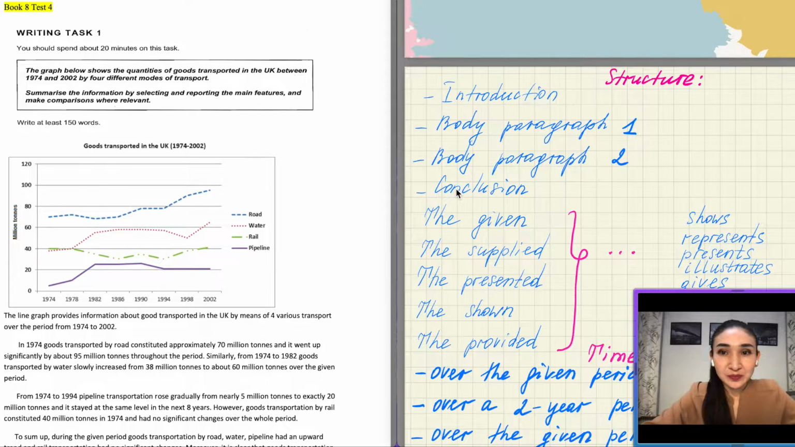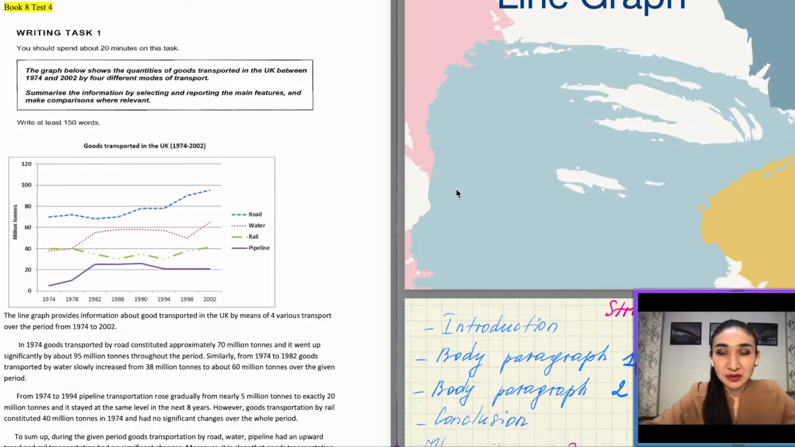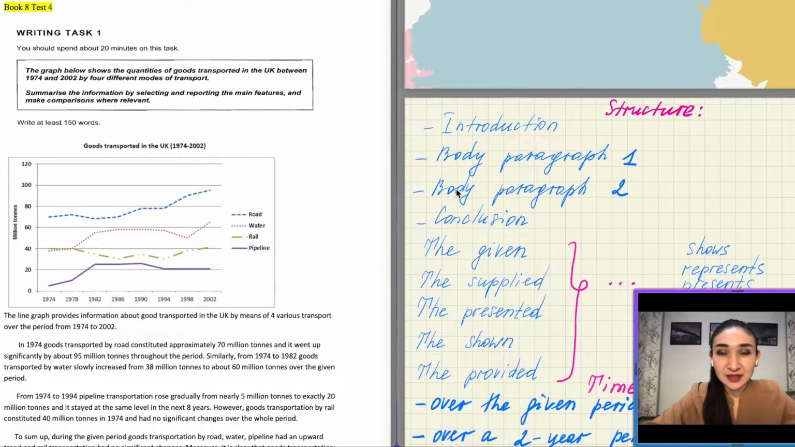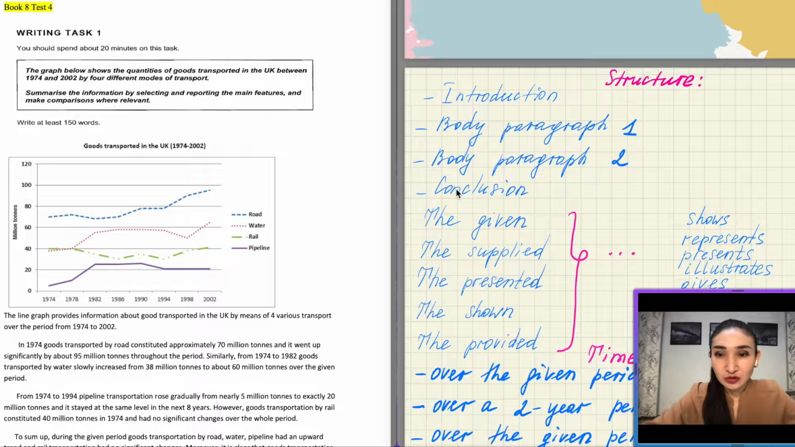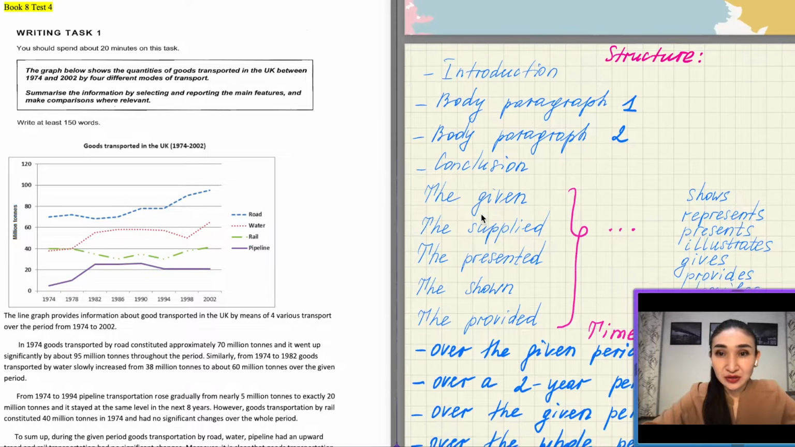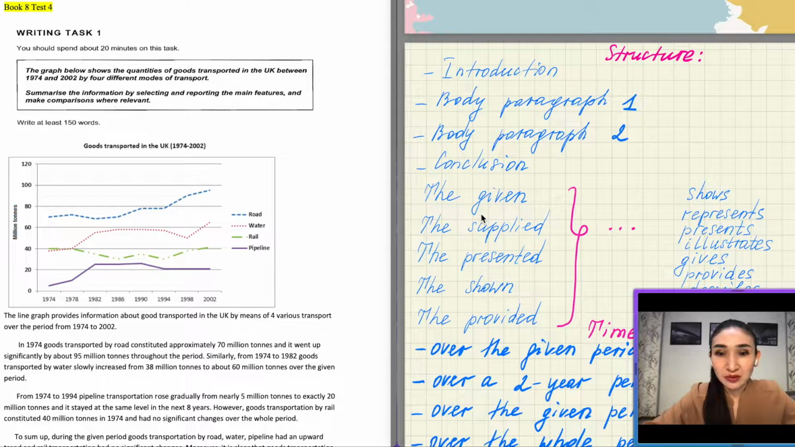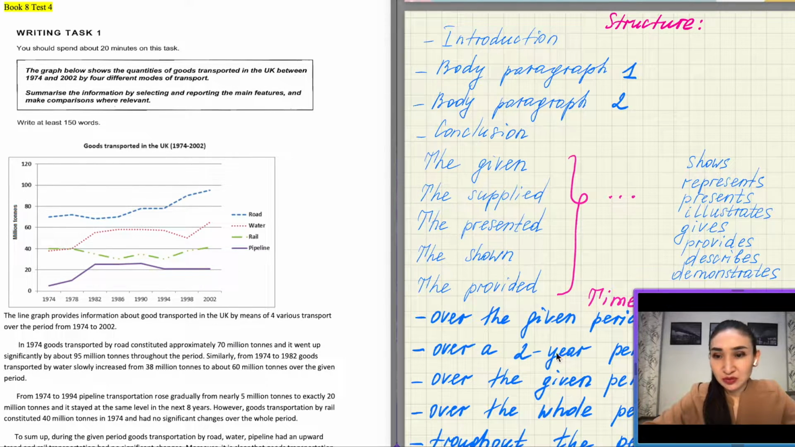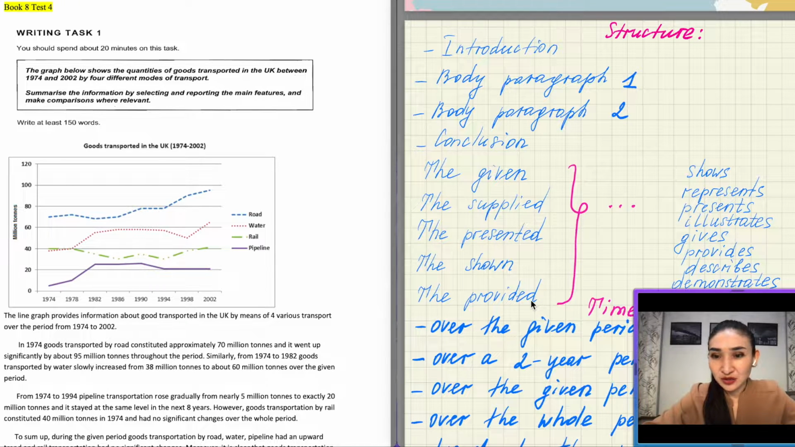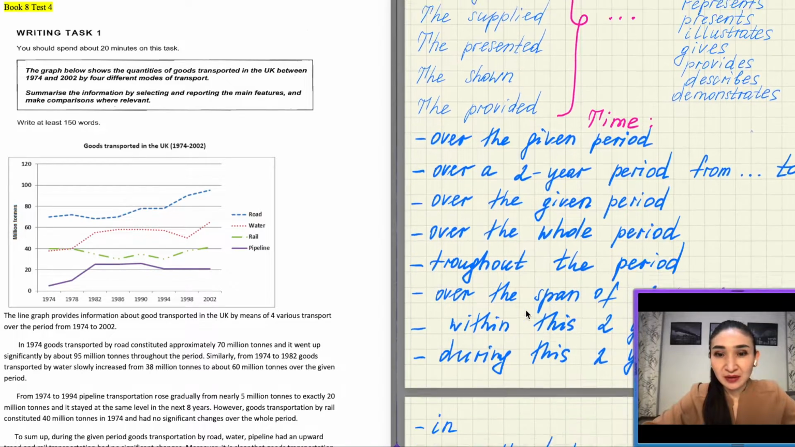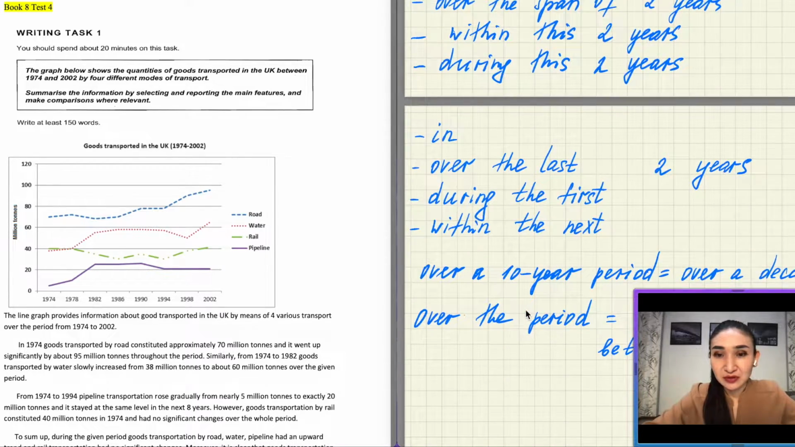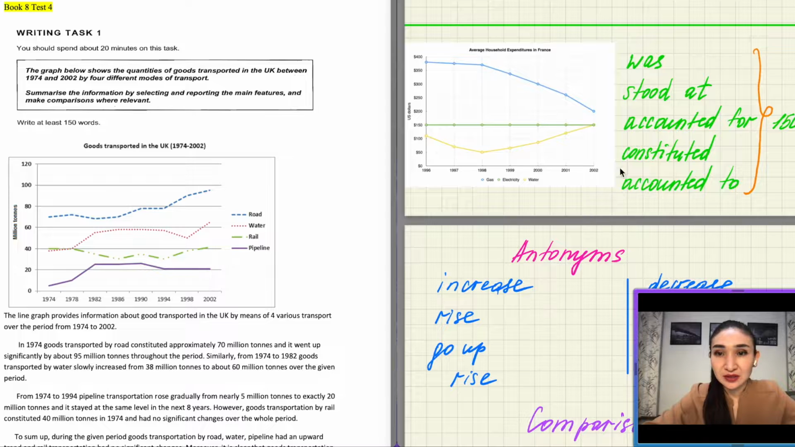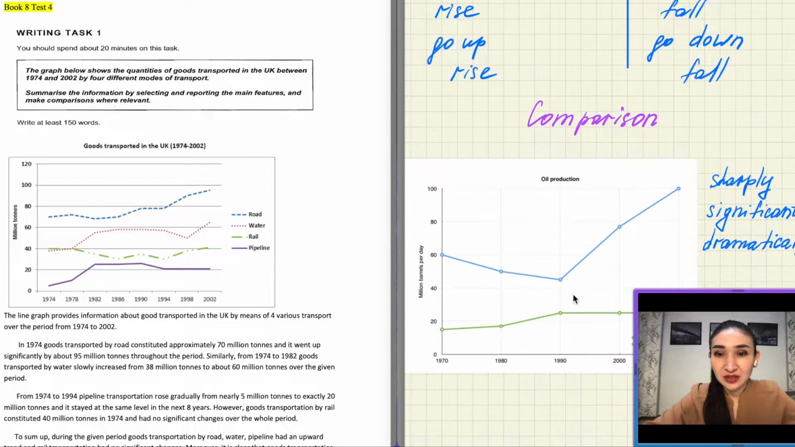This lecture, called writing task 1 line graph, covers the whole structure to use in order to get a high score on writing task 1. This is the beginning of it. You can use it for any bar chart or anything. I've explained all of this structure in my previous video, and explained all of this comparison, how to use it, and